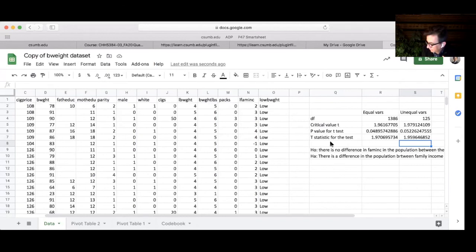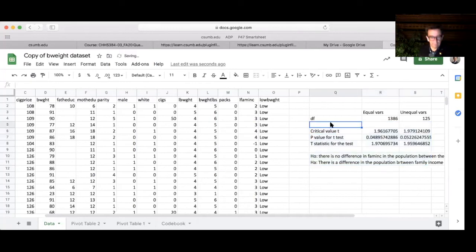Now, what do we conclude? Okay, well, let's start with the p-value. Let's look at this equal variance here. And let's look at the p-value here. If our p-value is lower than our alpha, right? That's what we said. And let's put the alpha here so that we remember. If our p-value is lower than our alpha, then we would reject,